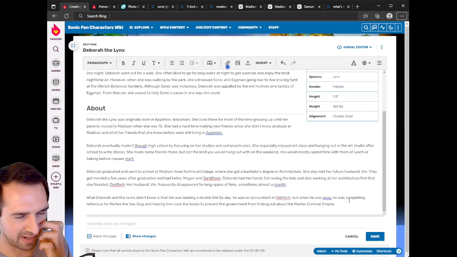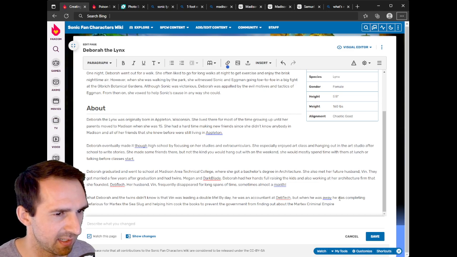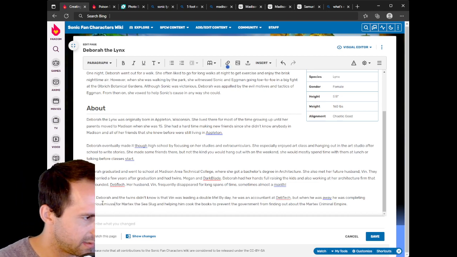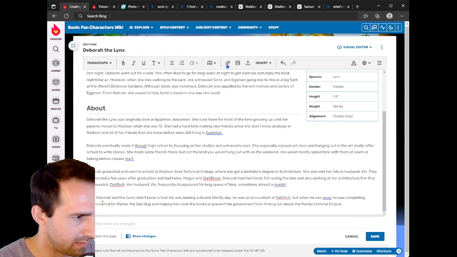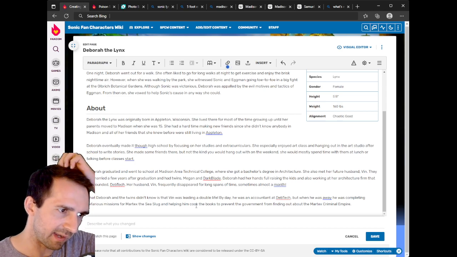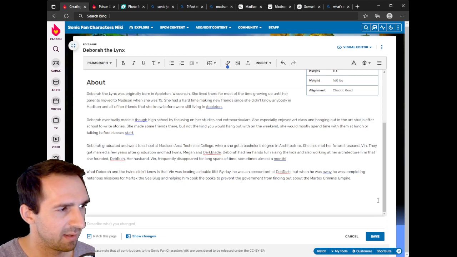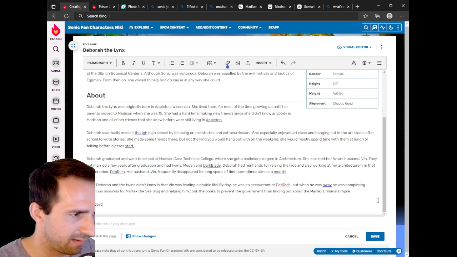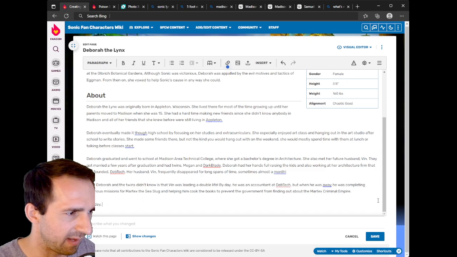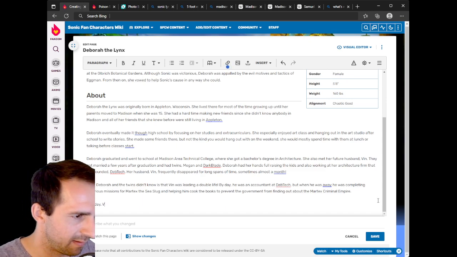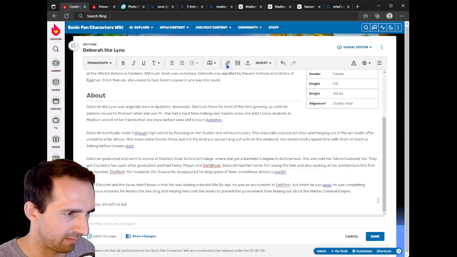The Martex criminal empire. Okay, so the dad is doing missions and being a criminal accountant. When he was away, he was completing nefarious missions, is a word we need. For Martex the sea slug and helping him cook the books to prevent the government from finding out about the Martex criminal empire. Awesome. One day, no, his name is not Martex. His name is Vin. Vin left his briefcase open on the bed